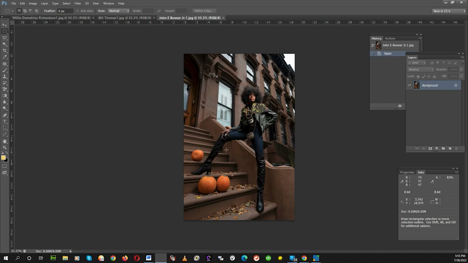The exposure's right on, the concept. I don't know whether this is Philly or New York. You know, at least it could be brownstones in either one of them. I don't understand the pumpkins unless you are specifically trying to do a Halloween theme or a fall theme. Yeah, but you know, you may decide to use the pumpkins. Okay, and